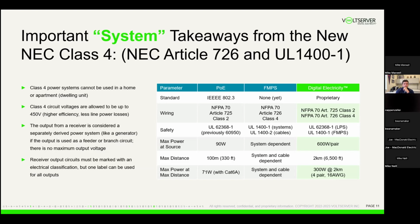And the class 4 circuit voltages are limited to 450 volts. And by using the higher voltage, you have less losses due to heat and resistance in a cable. So it operates like a power utility system. You know, transmission lines operate at higher voltage than distribution lines, and that is for efficiency, so you can push